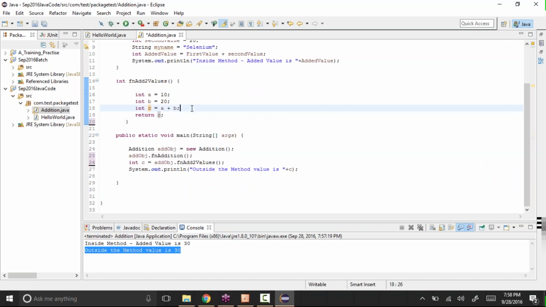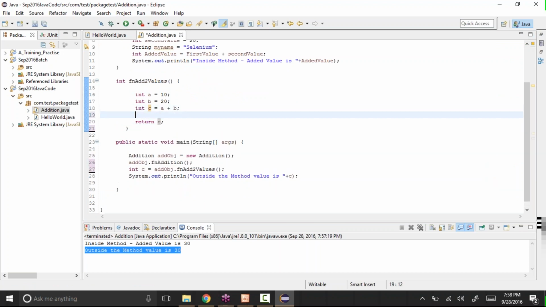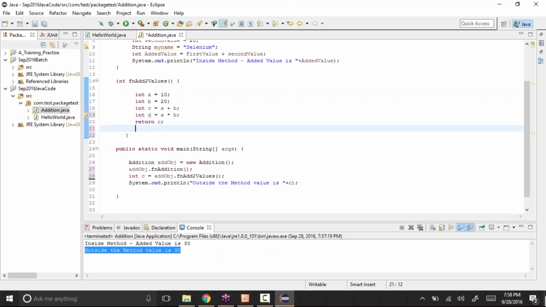Okay, and now let's say you are returning only one value. In case you want to return multiple values, say int d equal to a into b, and I want to return the d value also. See, return d. It is giving me an error because it says unreachable code.